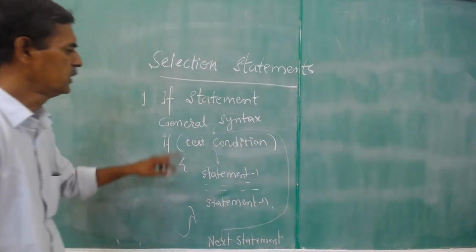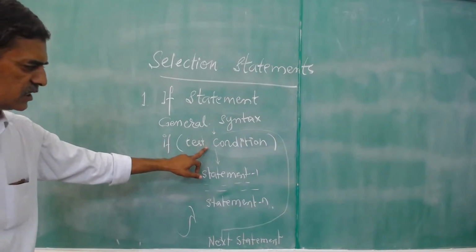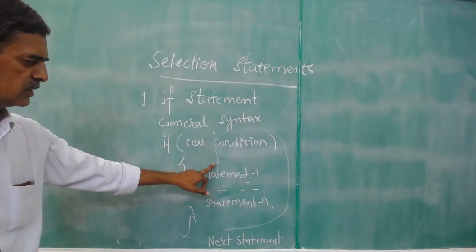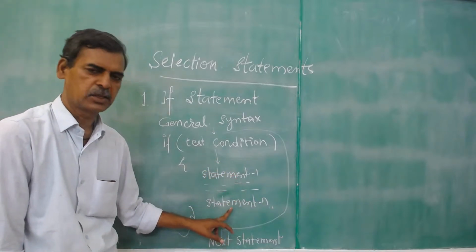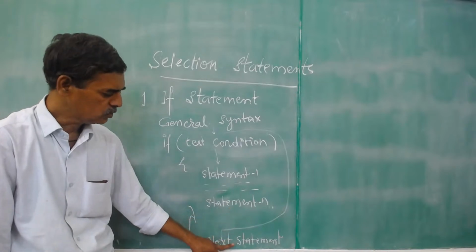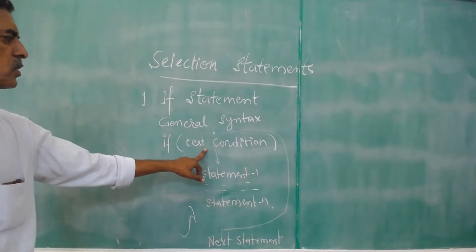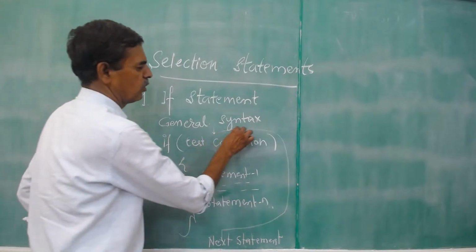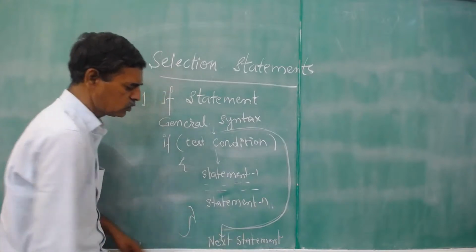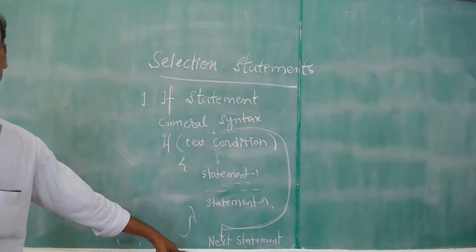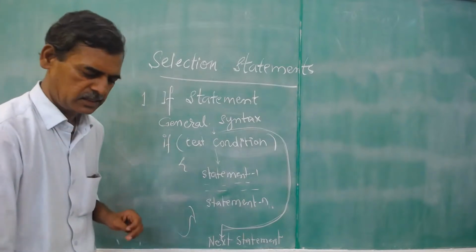Right? So here it checks the test condition. If test condition is true, control comes inside. Then statements inside the if block are executed. Then it goes to next step. If test condition is false, control goes out of if block. Directly it comes here. It goes to next step. Right? Okay. The block diagram for this is